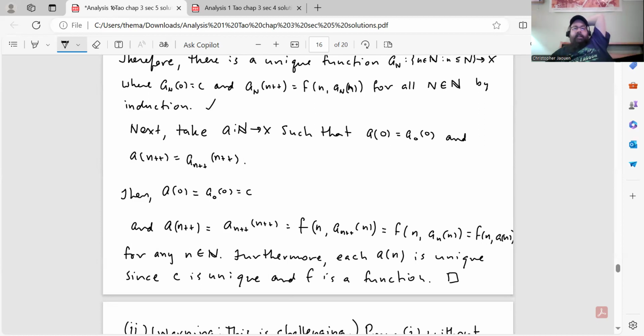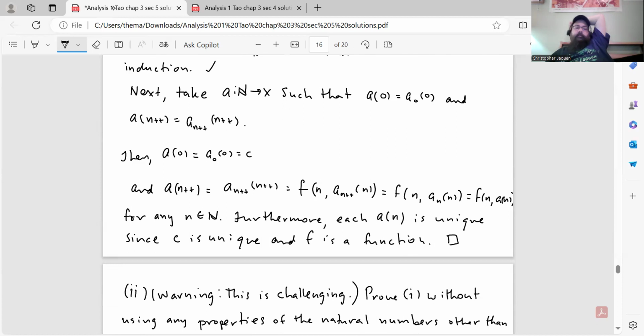So then a(0) is a_0(0), which is defined to be c. And a(n++) is equal to the function value of a_{n++} evaluated at the successor of n, which by definition is f(n, a_{n++}(n)), the a_{n++} evaluated at n, which is actually the same number as a_n(n), because of the way that we constructed the sequence of n-tuples, which is equal to f(n, a(n)). By the way, we defined the function a for any n in N. Furthermore, each a(n) is unique, since c is unique and f is a function. Okay, that's